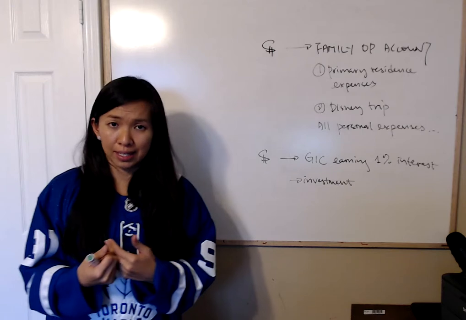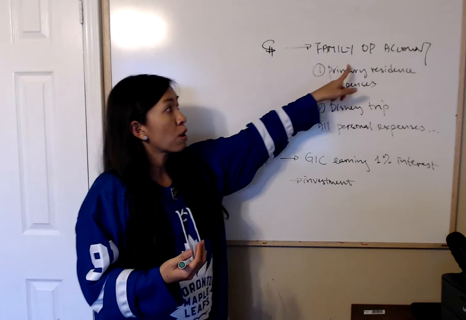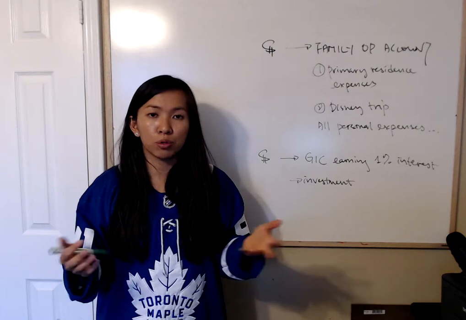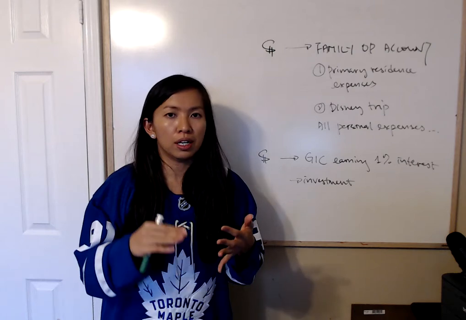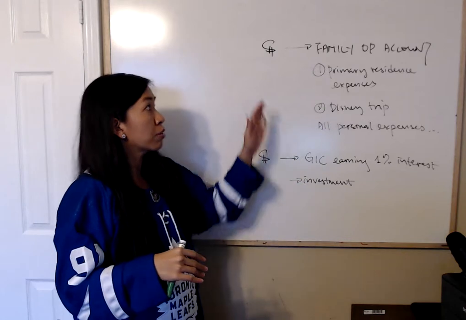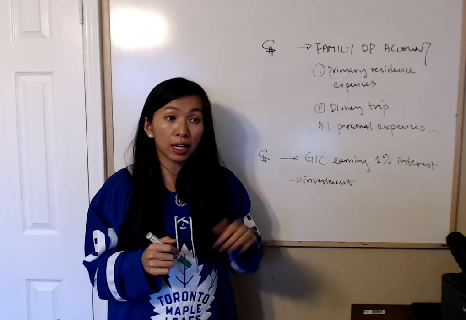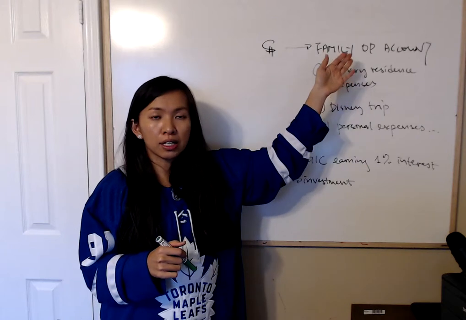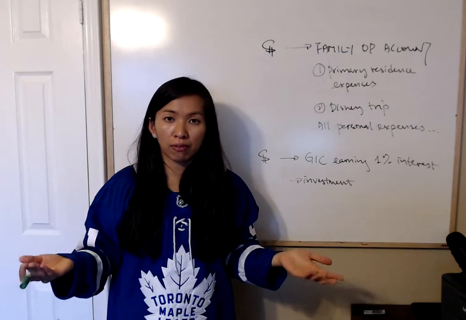Let's go through an example here. Say you get the $200,000 and you deposit the money directly in your family operating account. Every family has an operating account that is used to pay the utilities, property tax bill, insurance, Disney cruise, the primary residence home expenses, and any of the personal expenses. If you put it directly into this family operating account, CRA may disallow the interest because the money went into your family account, and you can argue that the money is used to pay for these personal expenses, or you can argue that the money is used to pay for the